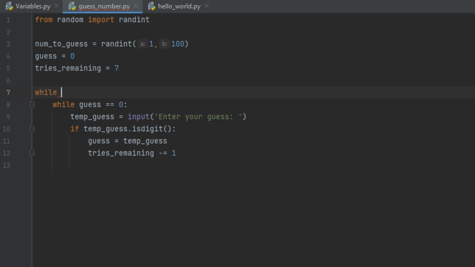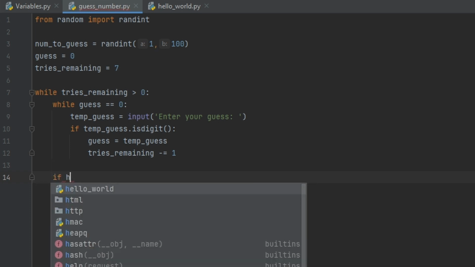So first, while tries_remaining is greater than 0. We could also do tries_remaining not equal to 0, which would be exclamation mark equals for not equals. But we're just going to do greater than 0. Okay, so it's now going to keep trying until we run out of guesses. But what we want to do is actually write our win conditions. So if our guess